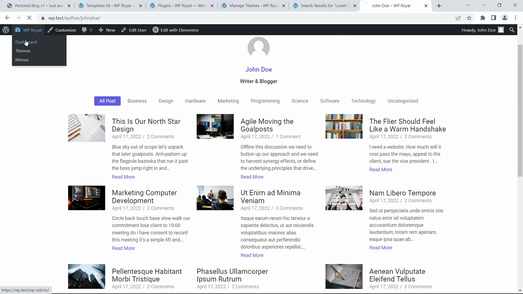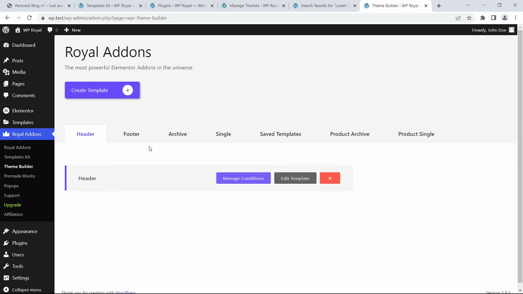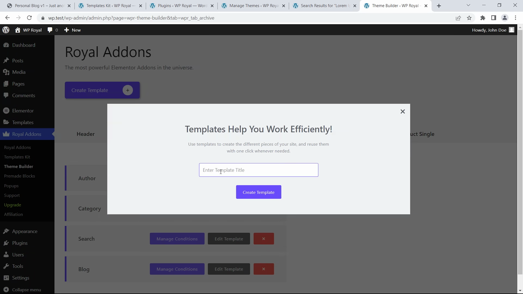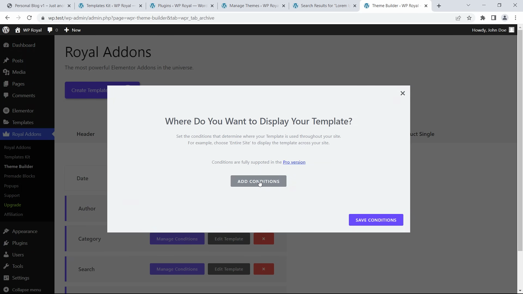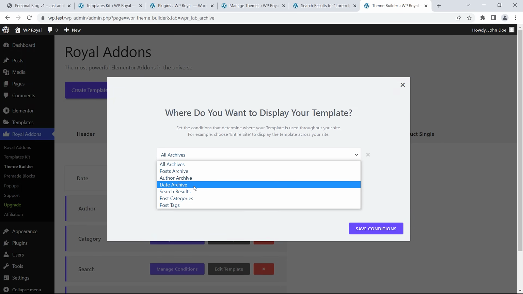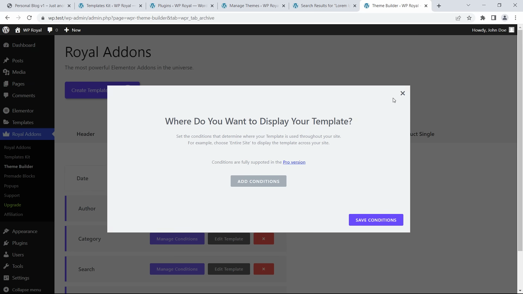Okay, let's go back to the dashboard, and in Theme Builder, there's also an option to create a template for the date archive. And this date archive will display all the posts that are created on a specific date. So if you want to show some data that is created in a specific month of the year or maybe a specific date of the month, you can create a template for them as well. But I will not do it right now, as the steps are exactly the same as we did for other archive